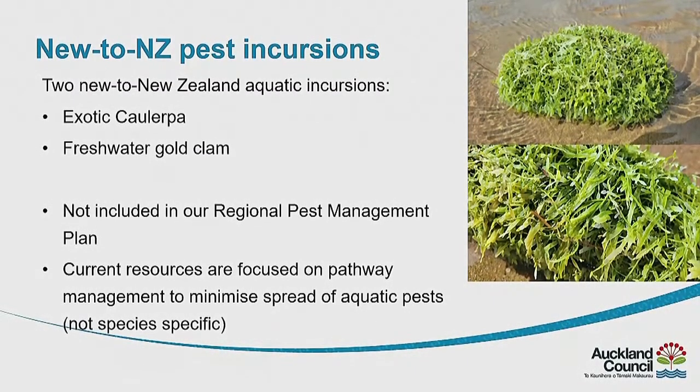Yes, neither of these are in our regional pest management plan because they're new. So our resources have been focused on pathway management to minimise the spread of aquatic pests generally, but we haven't had resources specifically for these two, but nevertheless we're trying to work on them. And this is in a background of a number of new to New Zealand species that have been arriving over the last few years, myrtle rust being one of the notable ones, but just focusing on these two that are